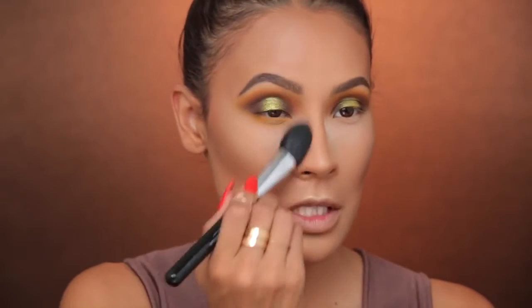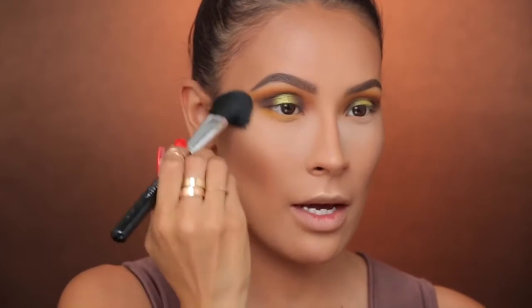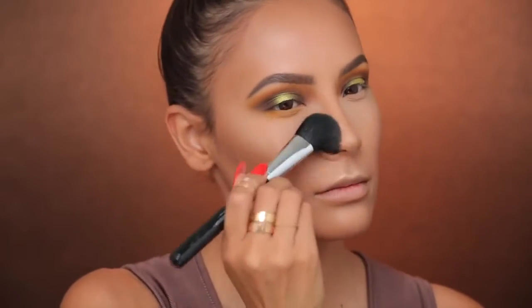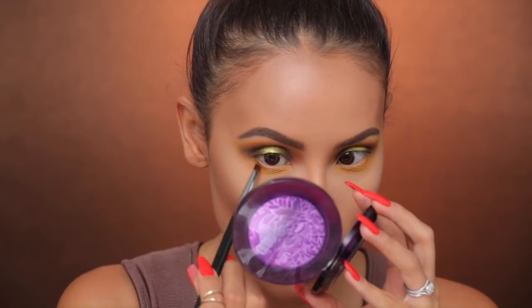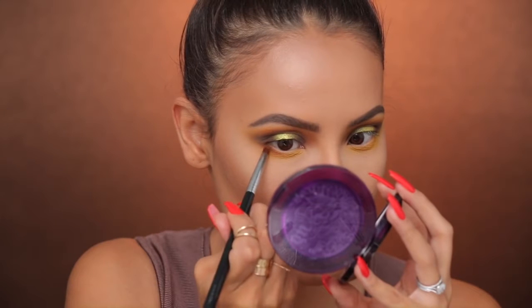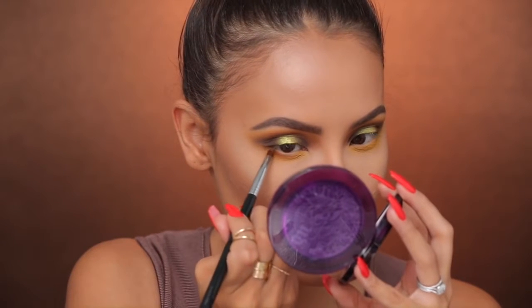I also think now's a good time to dust away that bake. I know I'm jumping around a little bit, but I forgot that I still had it sitting there. So for some reason my sound cut out right about here, so I'm going to do a voiceover for the next minute. I'm just taking the same color we put in the crease, the dark brown, and I'm going to